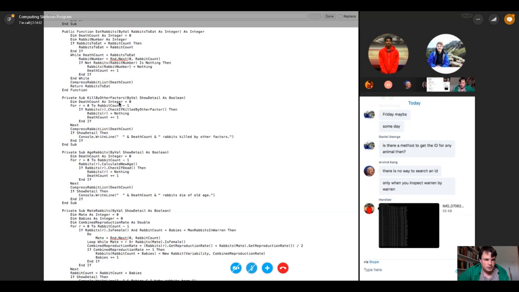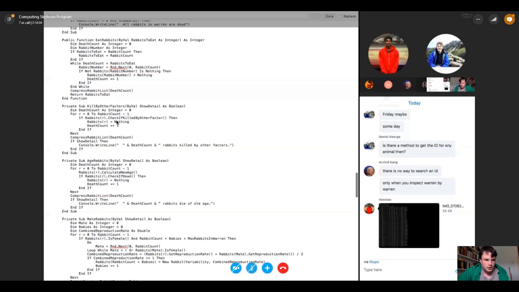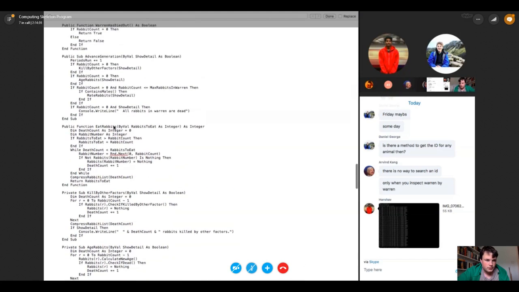Which was here, was it? Or it was advanced generation, that was it. So we've aged our rabbits, and if the rabbit count is still 0 after they've been checked if they've been killed by other factors and checked if they've died of old age, and the rabbit count is less than or equal to the max rabbits in Warren, then if contains males, so this again checks through